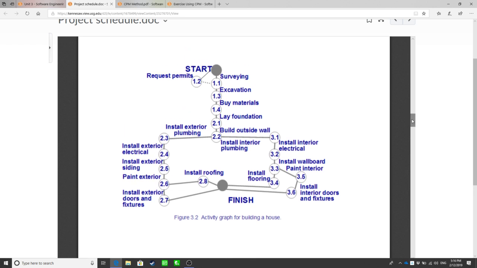Well, this is actually the activity graph of building a house. We can take a look at this. Let's see, we have the starting point, which is the solid gray circle there, and we have 0.1 activity, 1.1, 1.2, 1.3, 1.4, 2.1. You can see that